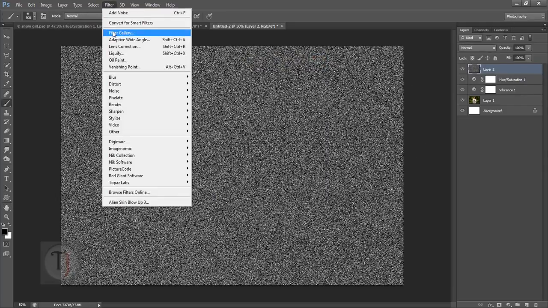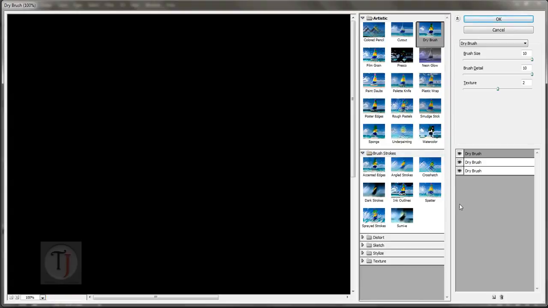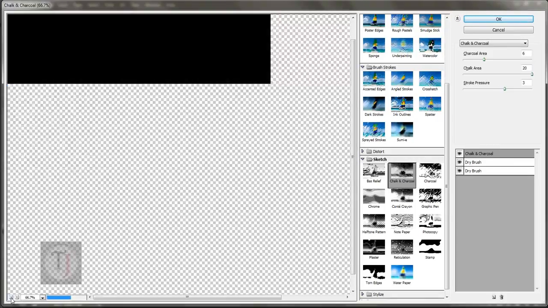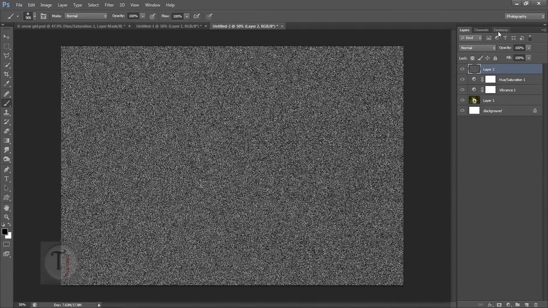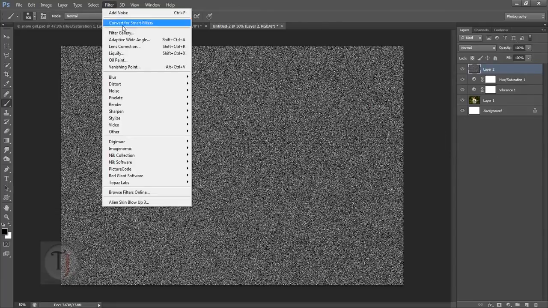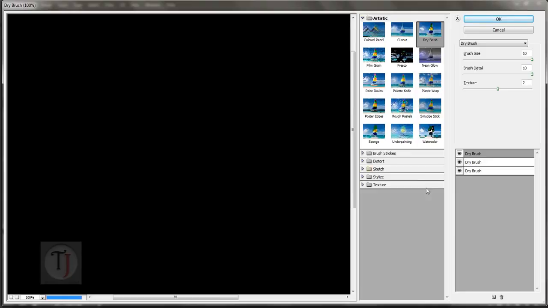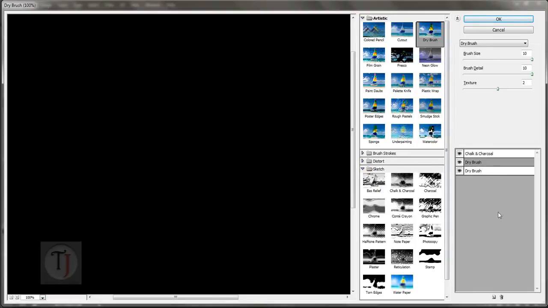Go to filter, and this time filter gallery, and in the filter gallery go to brush strokes. No, sketch, I forgot, it was sketch, and chalk and charcoal. I'm just going to zoom out a bit, and we cannot see anything right now. Why can't we see anything? Let's go back, filter gallery, and in the sketch department I'm going to select chalk, and okay, I have this already here,